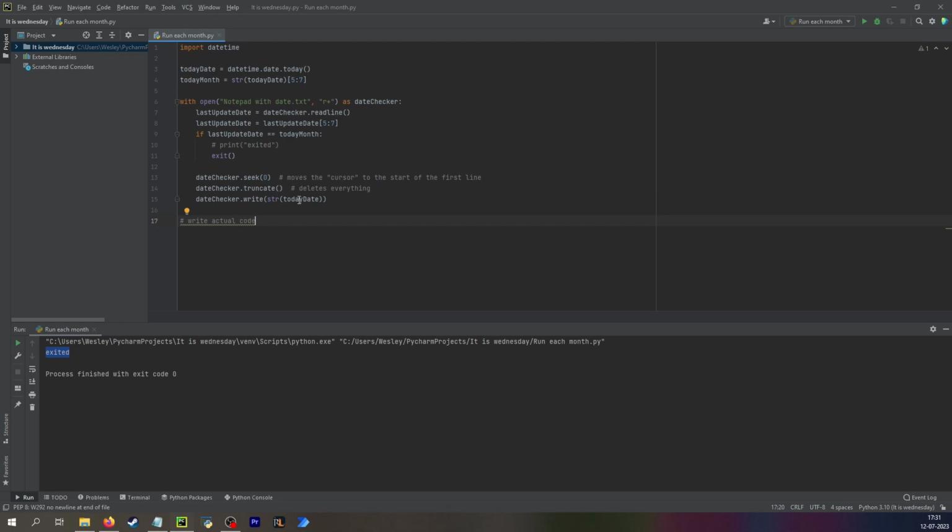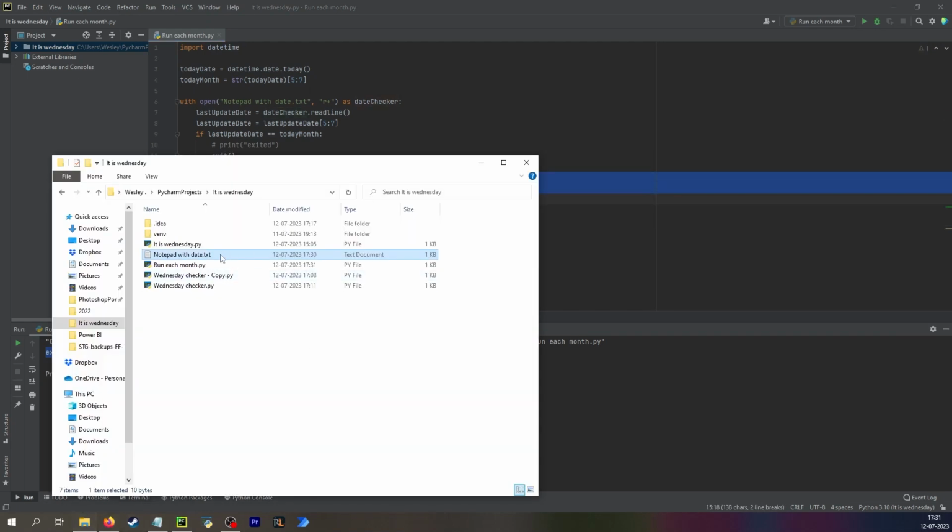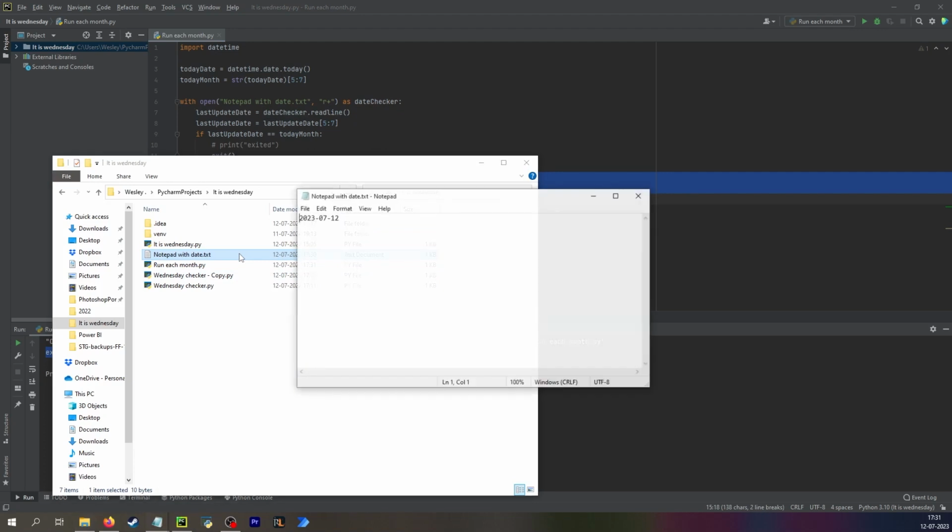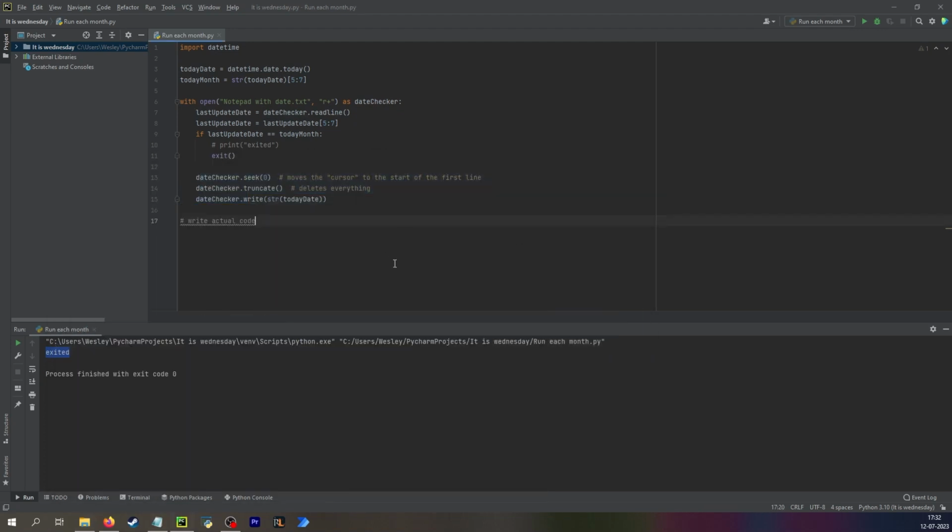And this is a simple way with just one import statement to have a code that will automatically run each time you turn on the computer. And then if the last update date is in the current month, then the program will simply close, and if not, it will update this notepad with today's date, and then you can have whatever it is you need to do,